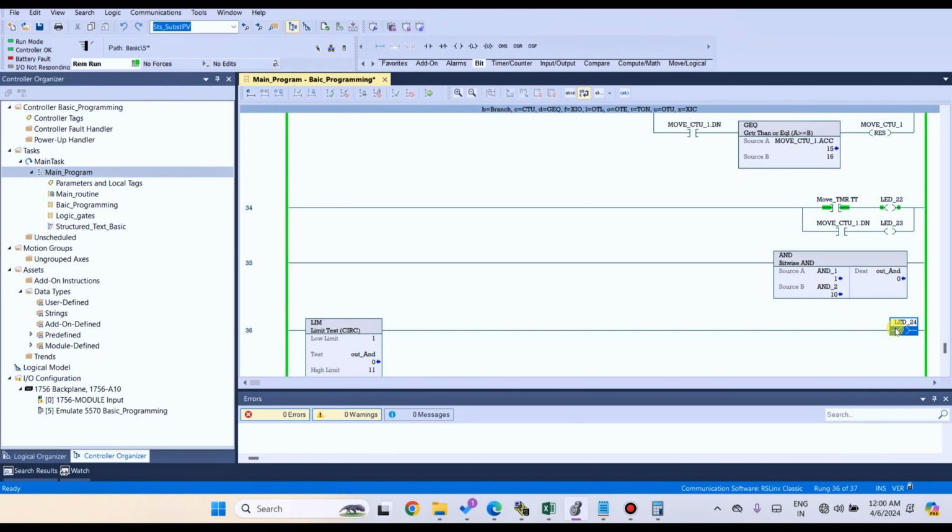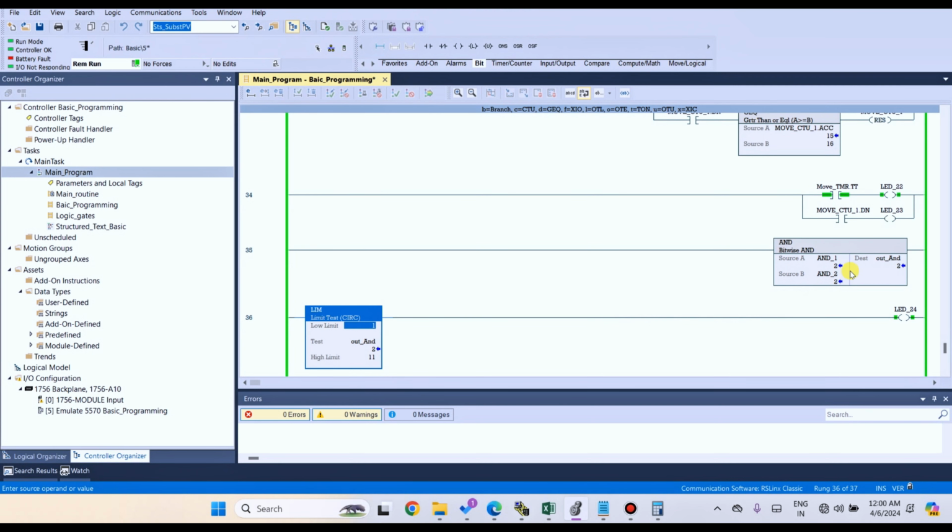Let's see what will happen when source A is 2. Same condition: after 2, two numbers the output will be on and two numbers the output will be off. Let's see how. 1 0, and 2 and 2 is 1, right? 2 and 2 value will be 2.